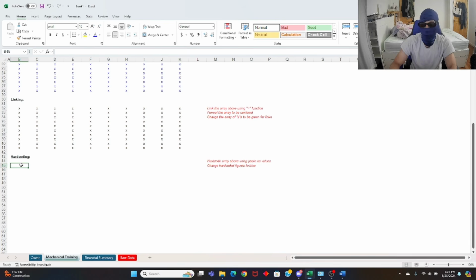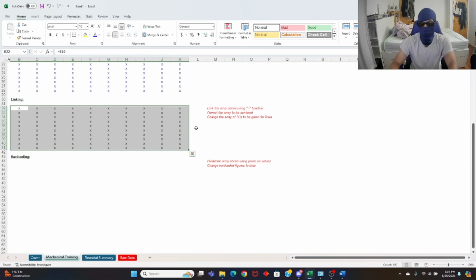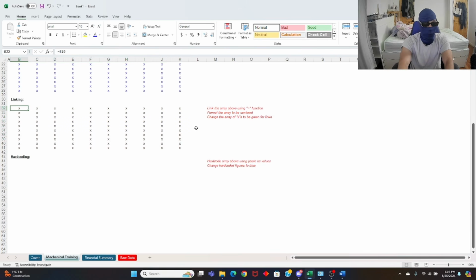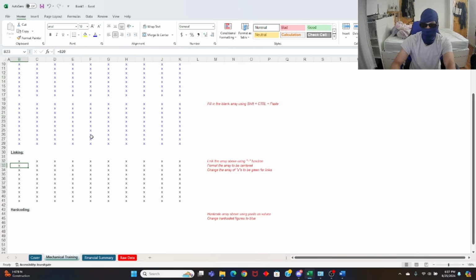And now we're gonna hard code another array, and this is important, because what it's saying here is hard code the array above to paste as values. So what we're gonna do is take this. Normally, when you copy a formula, for example, if you copy this B19 like we saw before, and you drag down and you Control C, Control V to paste, the formula moves if it's not quote unquote anchored. It's like if you were to move your formula 5 cells down, the linkage goes down 5 cells. So this becomes an issue sometimes.